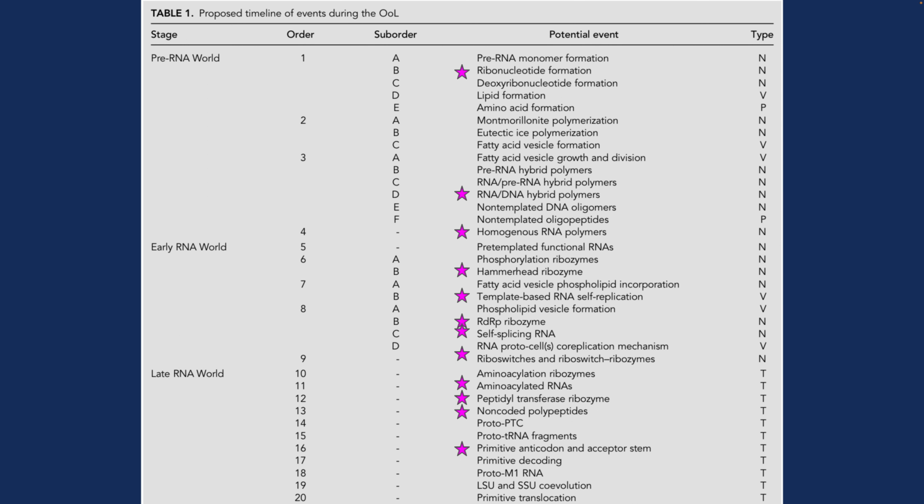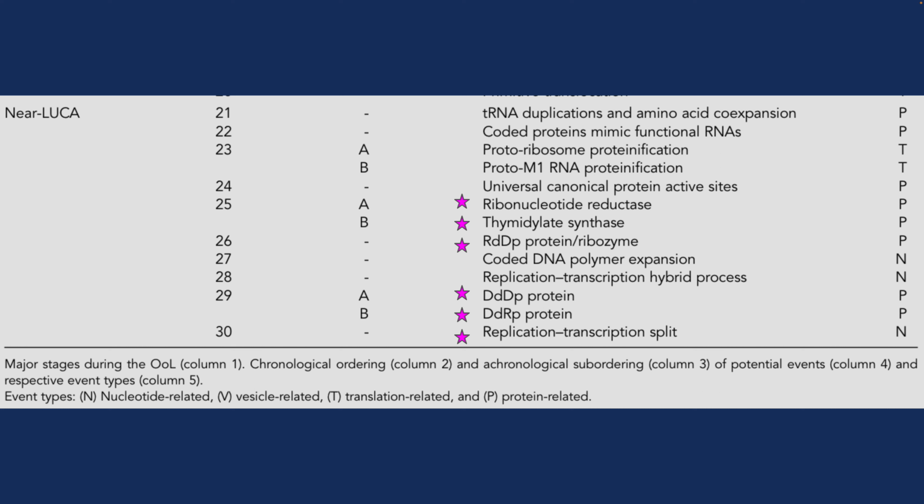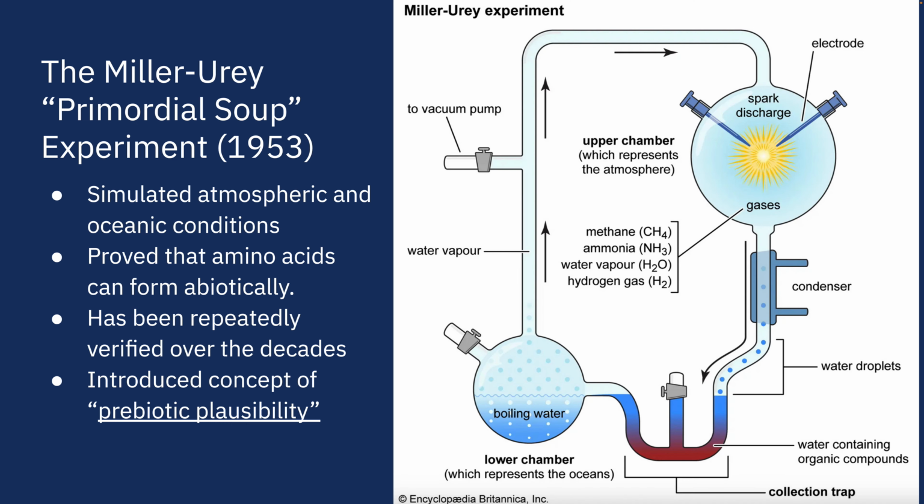These ribozymes evolve until we start to get towards the very end, we start to see the emergence of proteins that are coded for by RNA. We're not going to go into all of this detail because it would just take too long, but I highly recommend reading the paper. So, the origin of life research really began back in 1953 with this experiment called the